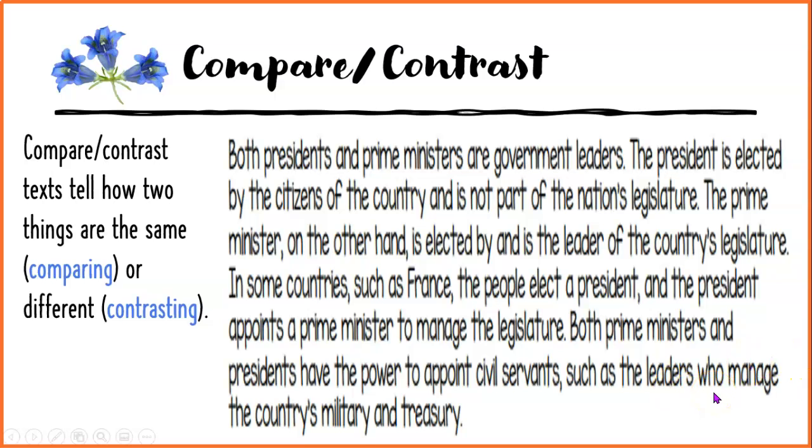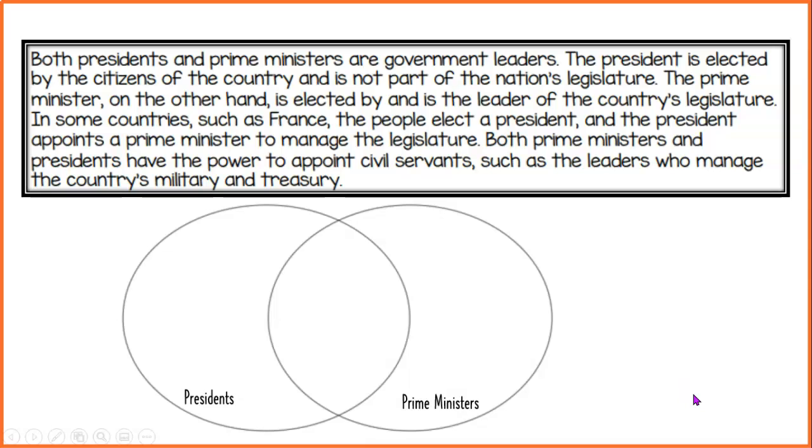Okay, that was a lot of gobbledygook, I'm sure, a lot of social studies terms. But if we really look at the passage, we can make it make sense. They are comparing presidents, which is what America has, to prime ministers, which is what countries like the UK have. And they're telling us how a president and a prime minister are the same or different. So if we were going to put this in a Venn diagram,